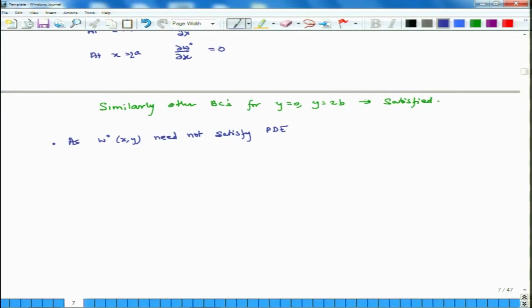But as w need not satisfy the partial differential equation, there will be an error. So, we designate it as E and we put a cross mark on this. What is the error? This error is a function of x, y and that is equal to d11 del 4